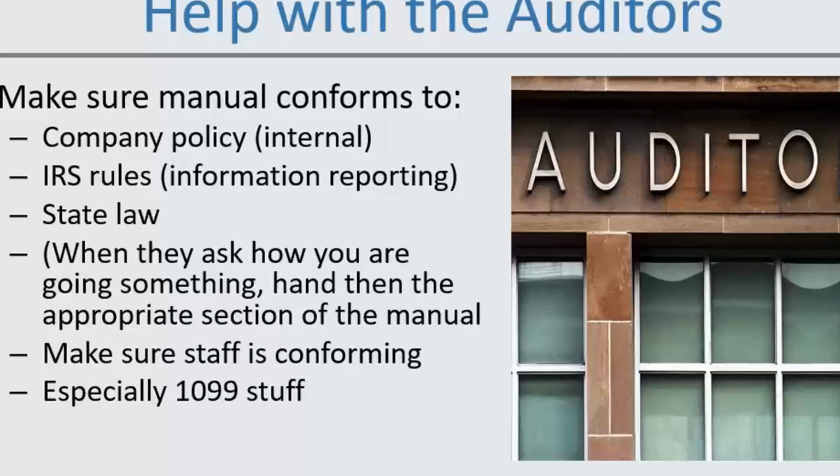Now, you need to do two things before you try and take this approach. Number one, you need to make sure that the manual conforms to what you are actually doing. And number two, you need to make sure that the manual conforms to what you're supposed to be doing. So if you're using it, for example, for IRS TIN matching or for 1099 reporting, you want to make sure that you're doing everything that the IRS says. If it's for something at the state level, maybe sales and use tax or some other state reporting requirement, then make sure it is useful for that,